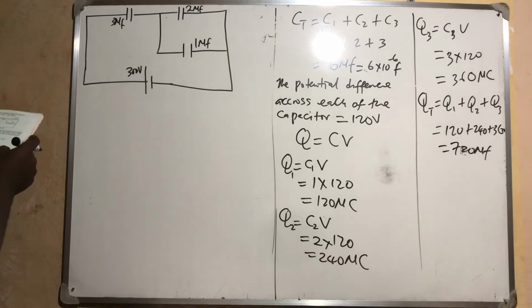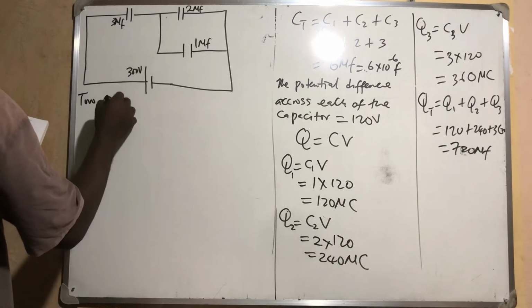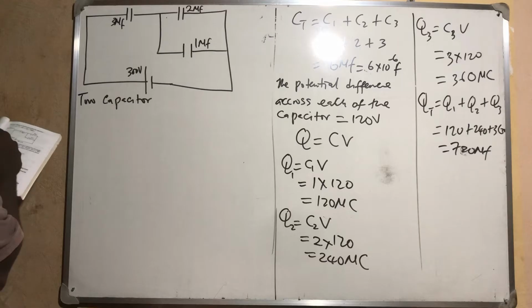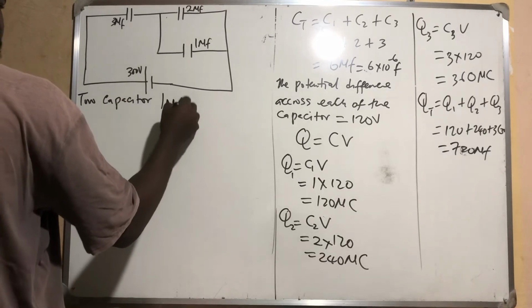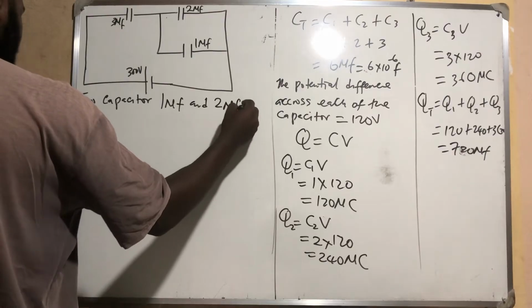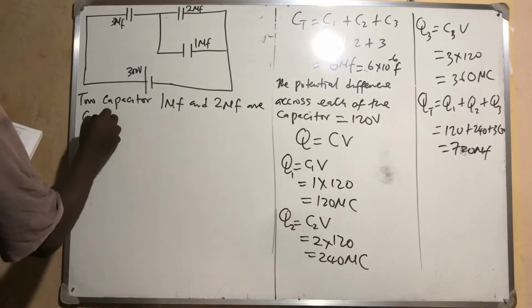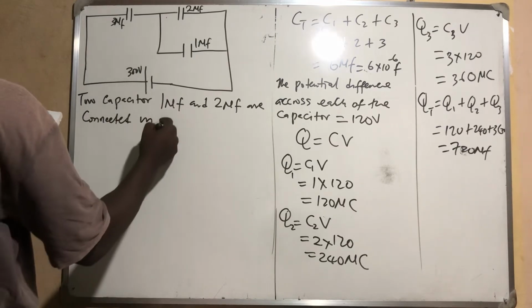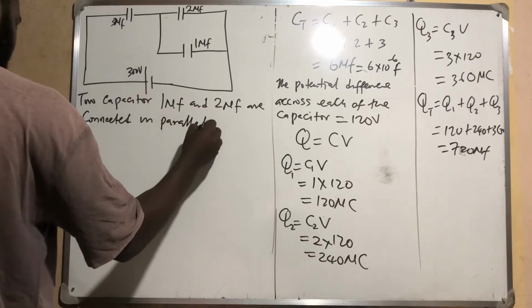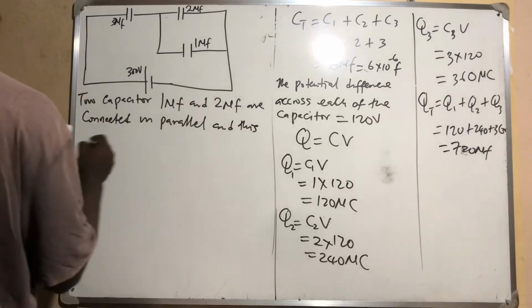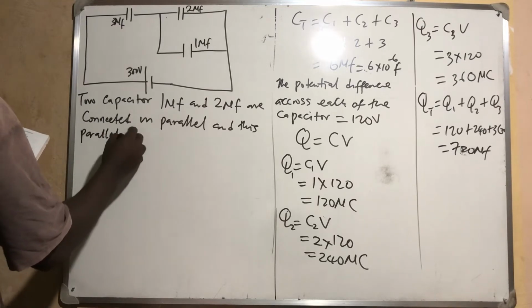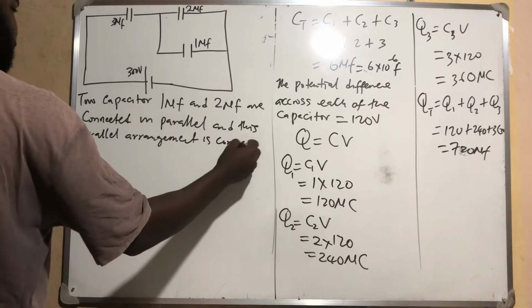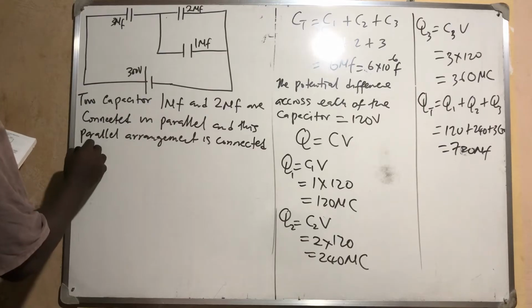Okay, so then I said two capacitors, 1 mu farad and 2 mu farad, are connected in parallel, and this parallel arrangement is connected in series